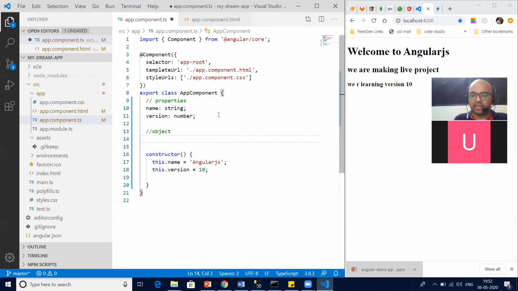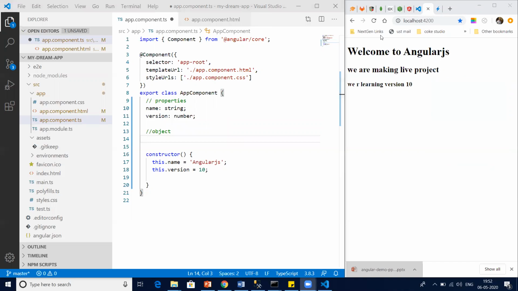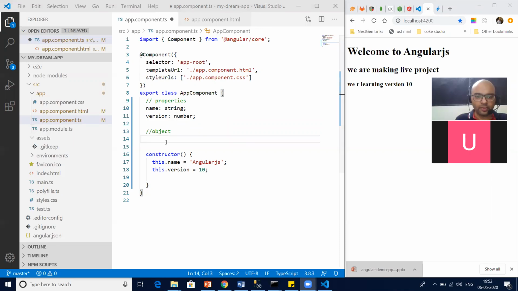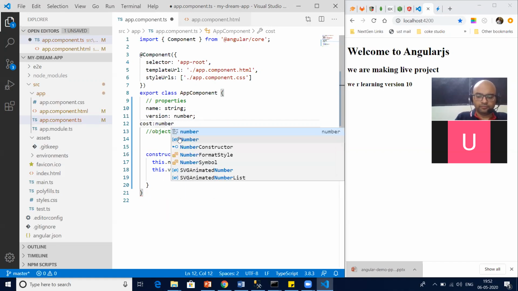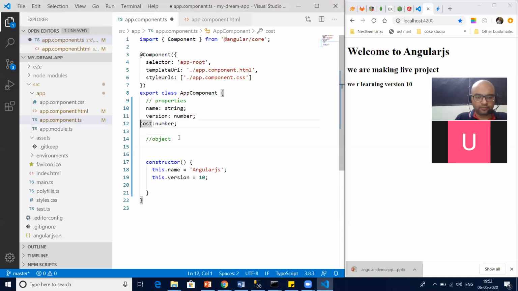So can I create an object? Let's see how we can create an object. Give me a minute. So if I say name, version, cost, and what else?